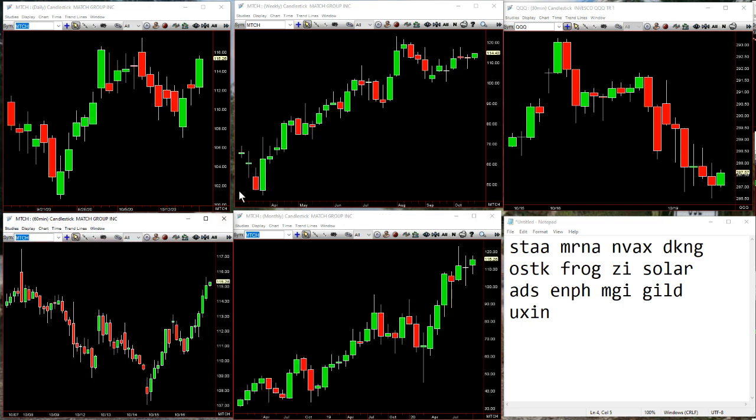And Match, once again, here, Momo Hammer daily upper left. Still inside month, but getting closer. And here's that pattern we look for, that 2 up, the 2 down, the hammer counter shooter. So for this week, Match.com gets my attention over 113.93, which is handily there right now. If we go to